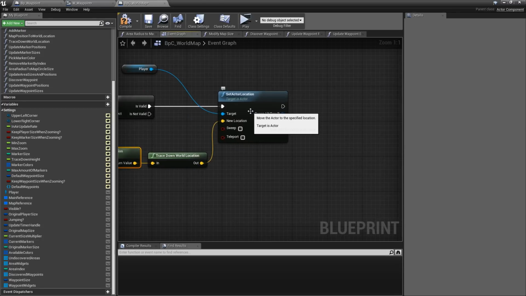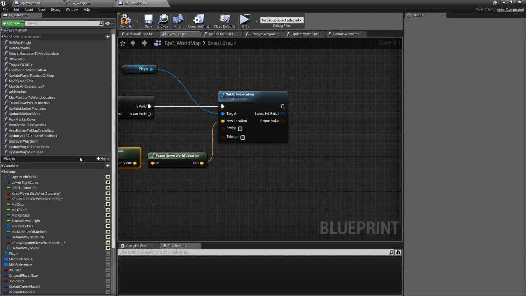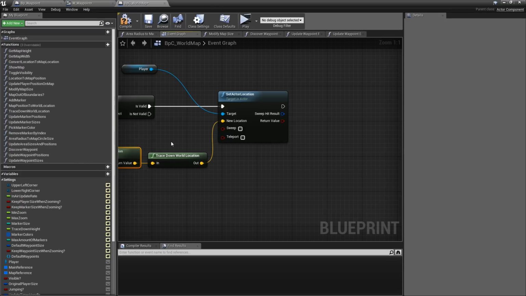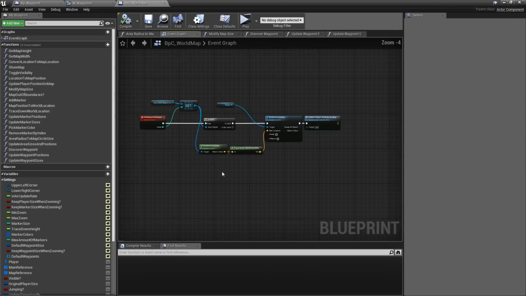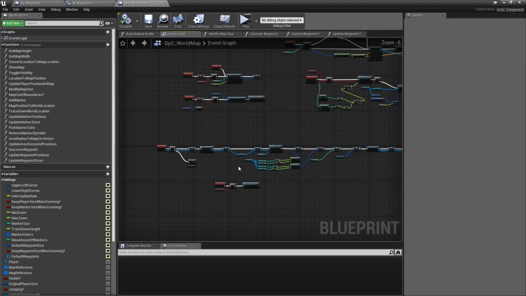Now we have changed the player location. However, the player did not actually move or jump, and that means the location on the map would no longer be correct. So we will call update player position on map. Compile and save. Then in our initialize map event here,